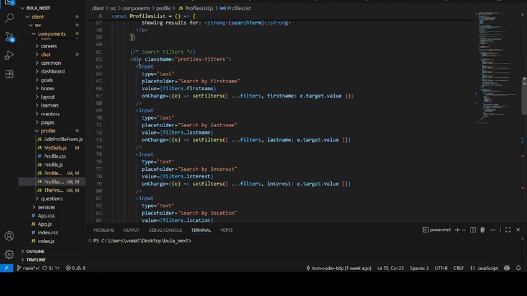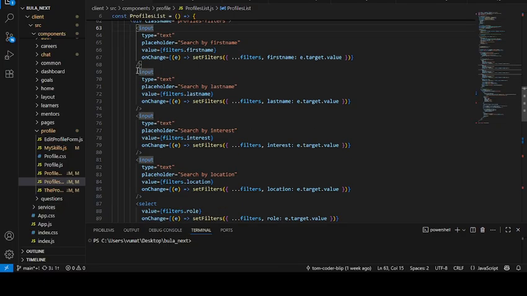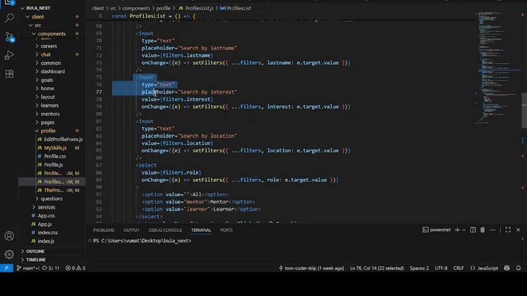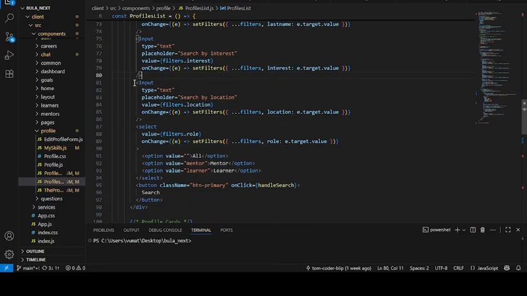And here I have search filters basically. How my search filters work is I have this first input, which allows me to search for a user by their first name, and in value I use filters.firstname to do that. This here allows me to search for users by their last name, searching users by the interest, searching users by